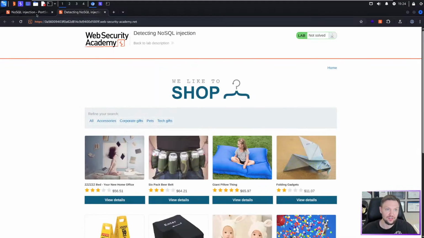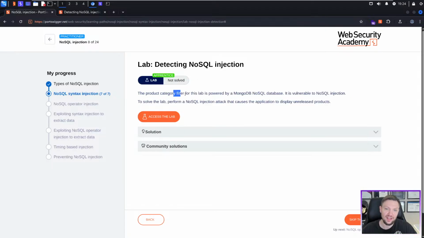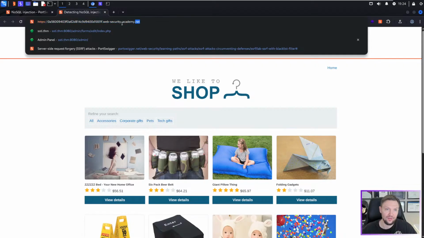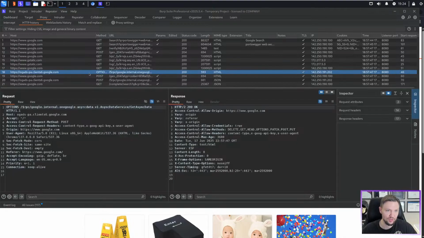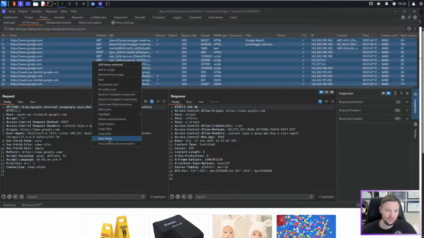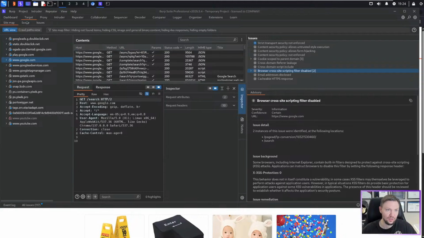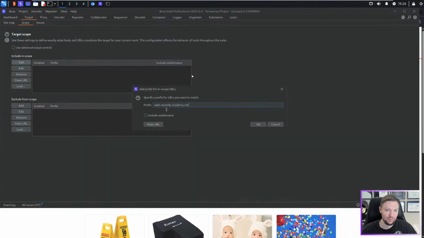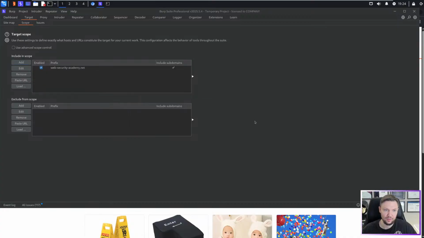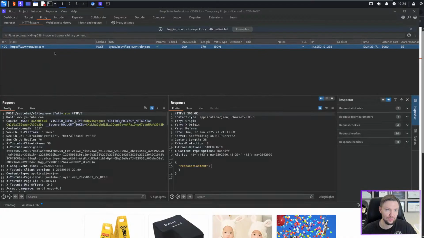All right, let's try to figure this out. This is the product category filters powered by MongoDB. Vulnerable NoSQL injection. Okay, before we do anything, we need to copy this and put it in our scope. So we're going to do Control A, right click, delete selected items, and go to Target, Scope, and Add, and paste in here. We're going to include subdomains and hit OK. That way we're only getting traffic from